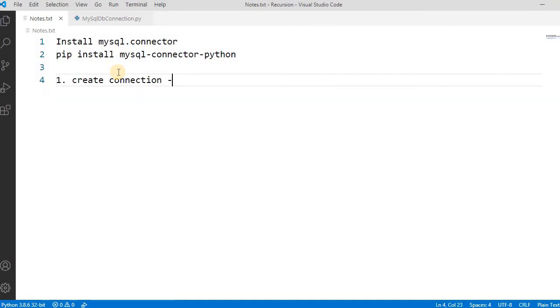For creating the connection, we need 4 or 5 things, like host name, right? Host name is the server name or IP address on which your database is installed. If your port is different, by default MySQL runs on port 3306. If you have installed it on a different port, you have to provide the port number. For connecting to the database, you need a user ID and password. So we have to provide the user and then the password. These 4 parameters are required for creating a connection to SQL Server, MySQL or Oracle, anything.